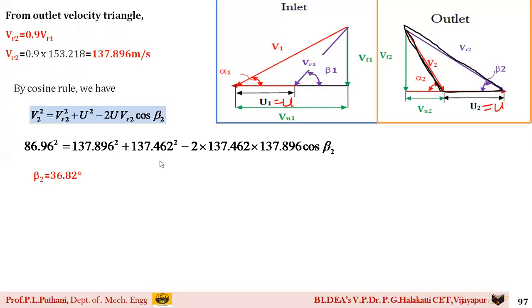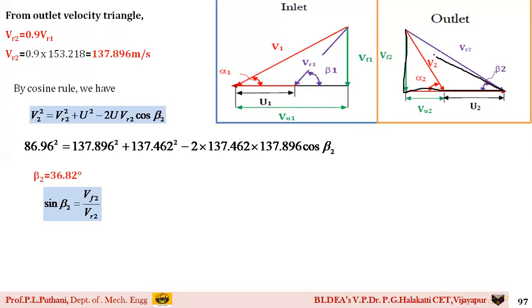Okay. Then, using the trigonometric function of sine beta 2, I now apply this trigonometric function to this particular outlet velocity triangle. Please observe here, which I am highlighting with the black colored ink. This is the outlet velocity triangle. I will be finding sine beta 2. Sine beta 2 is Vf2 by U2 plus